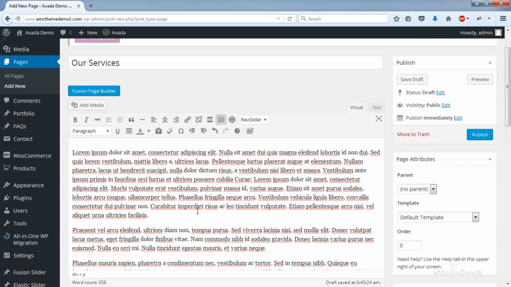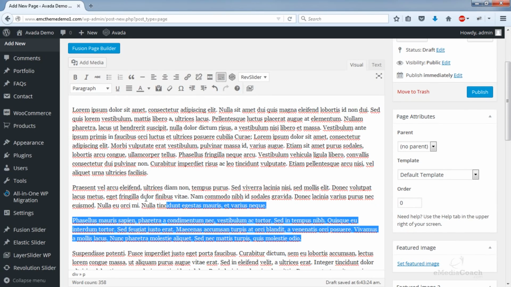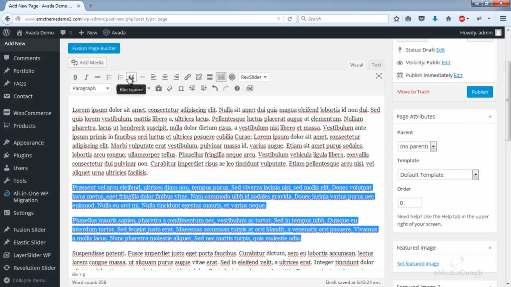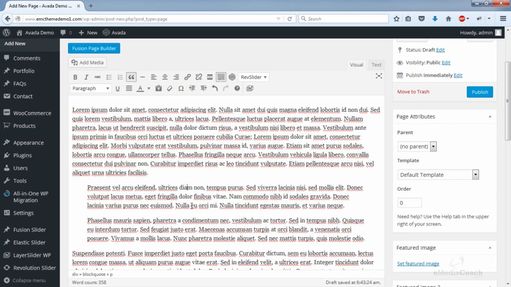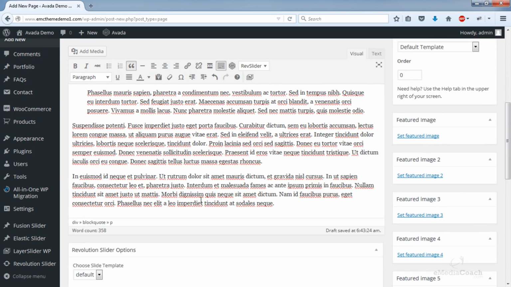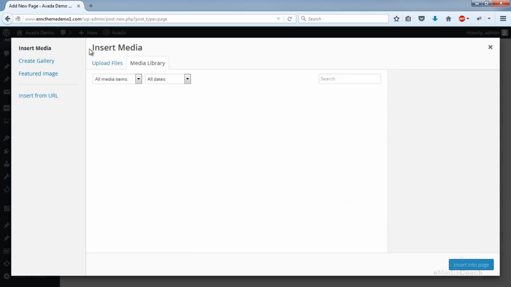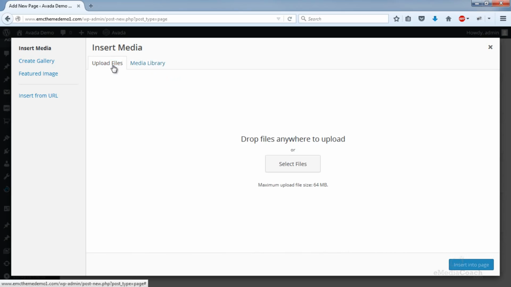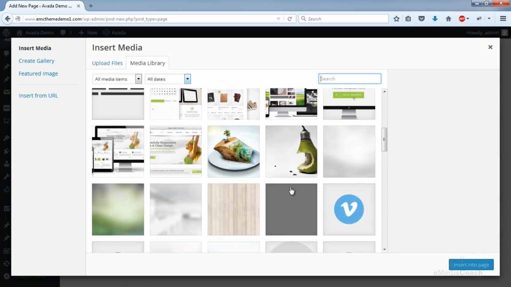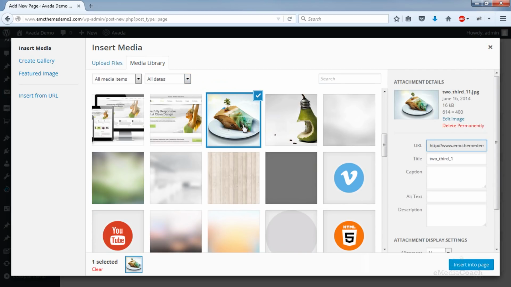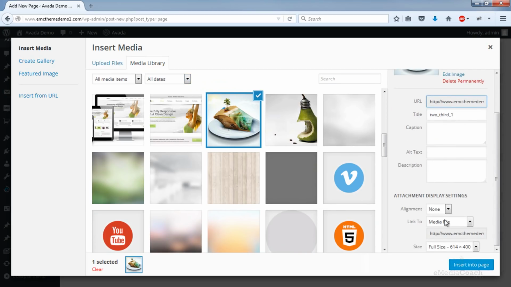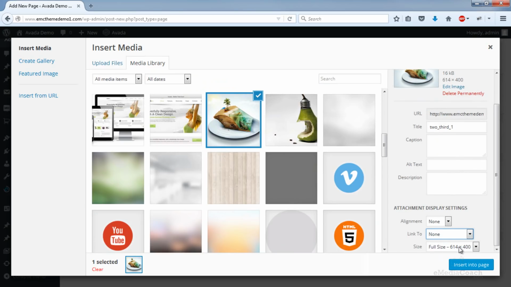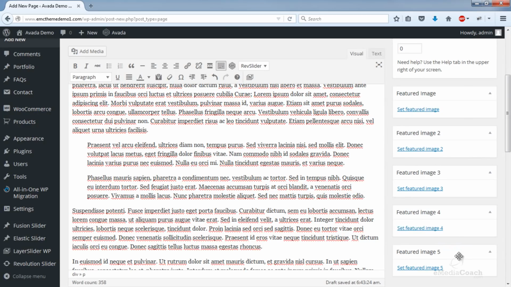Okay, stuff you can do here, maybe you can put something in a quote. So if I highlight this and click on this block quote, it'll actually put that in a quote format, and you'll see what that looks like on the front end in a second. It looks really, really cool. You can also add images. So if I go to add media, you can select some media from your media library, or you can upload a new image. So let's choose one as an example. Link to none, and you can adjust the sizing if need be.